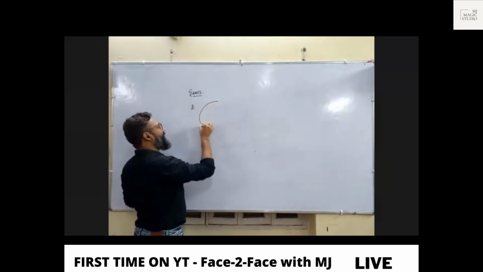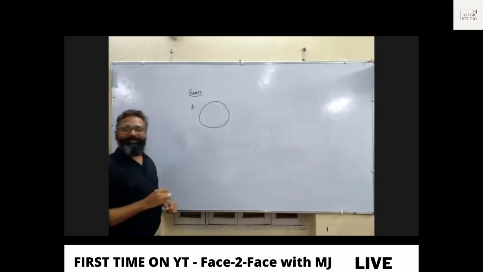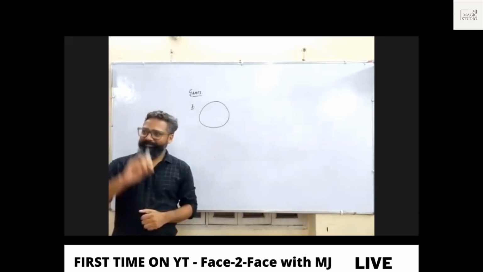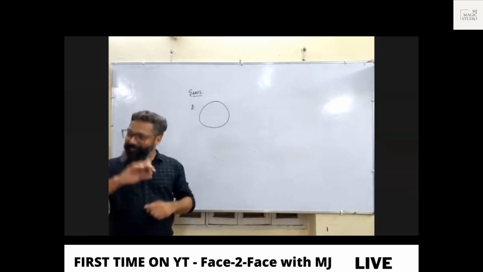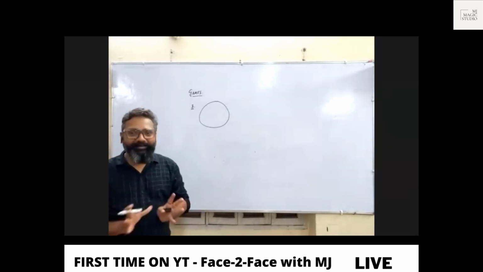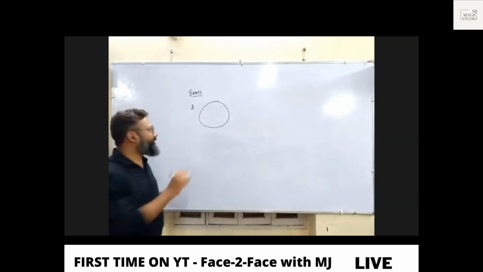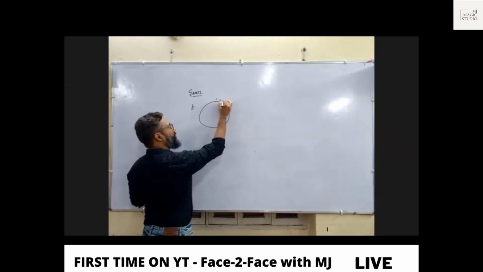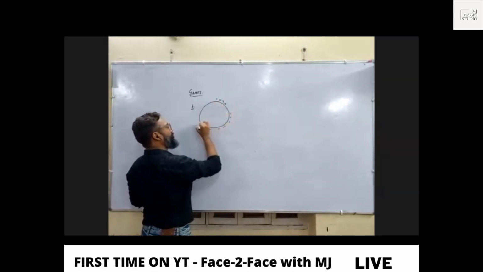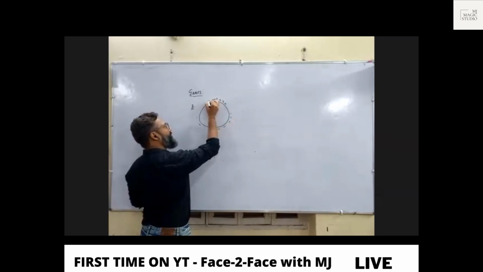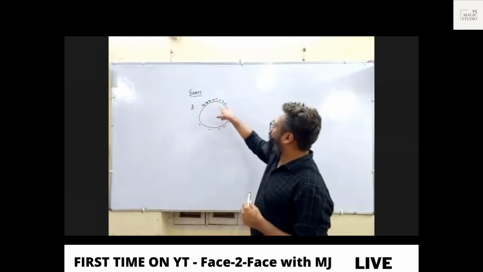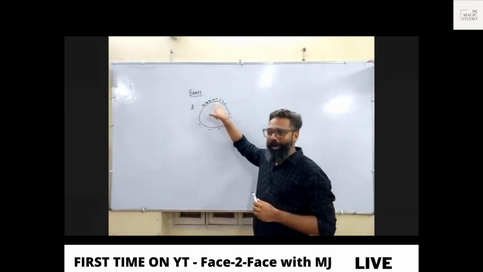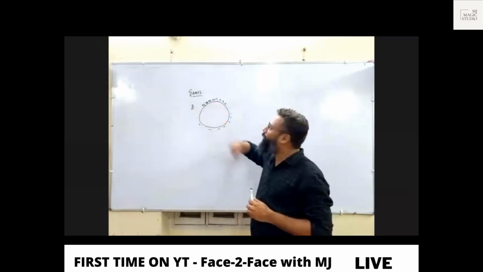Suppose there are 100 people standing in a circle serially. One more time. There are 100 people standing in a circular fashion serially. That is 1, 2, 3, 4. And here will be 100, 99, 98, 97. Like this, 100 people are standing in a circle. So, who is the neighbor of 1? 2 and 100. Clear? Good.